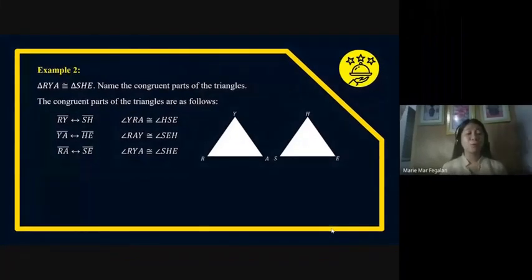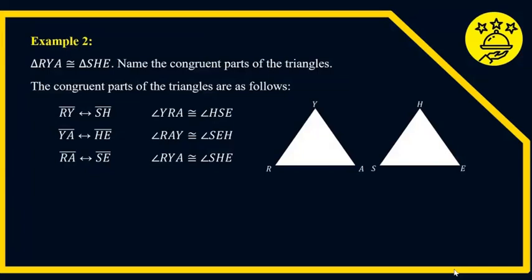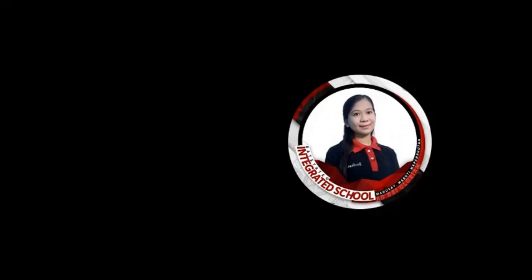Another example: we have triangle RYA congruent to triangle SHE. Name the congruent parts of the triangles. Line RY corresponds to line SH. Line YA corresponds to line HE. Segment RA corresponds to segment SE. And next we have the angles. Angle YRA is congruent to angle HSE. Angle RAY is congruent to angle SEH. Then angle RYA is congruent to angle